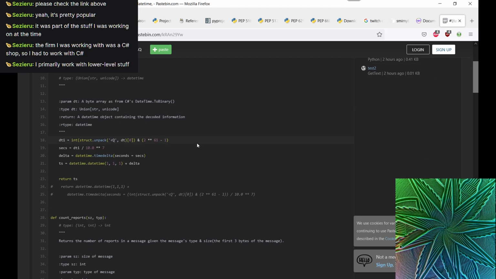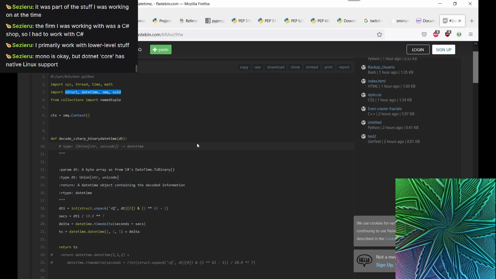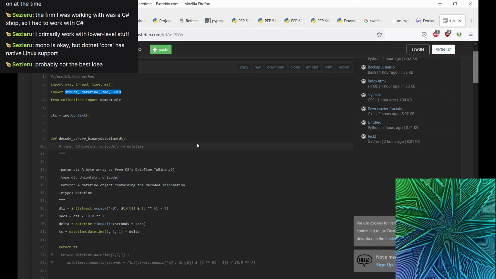But I do like the way that you can more or less easily dive into C-type structures from within Python. I don't really want to show you code from our company while I'm streaming. As far as I know, this is only the non-GUI stuff, and I think you need something like Mono if you want to write GUI stuff, and I wouldn't really trust the implementation very far.